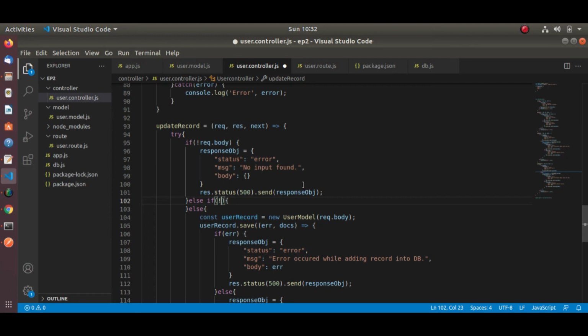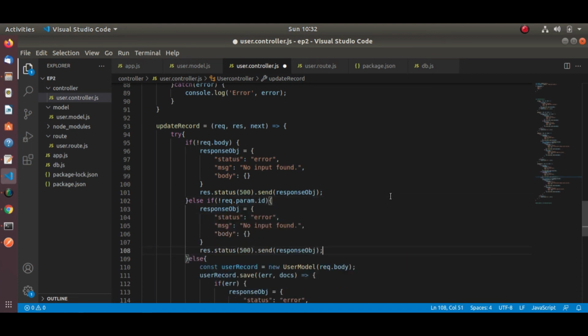So here I will write if not the id, then I will throw some error message to the user: send id to update the record, right? Finish.